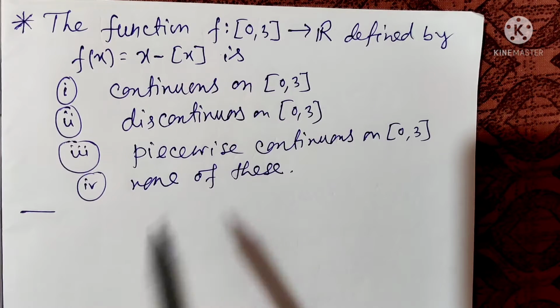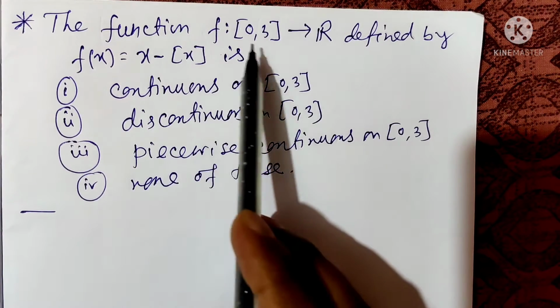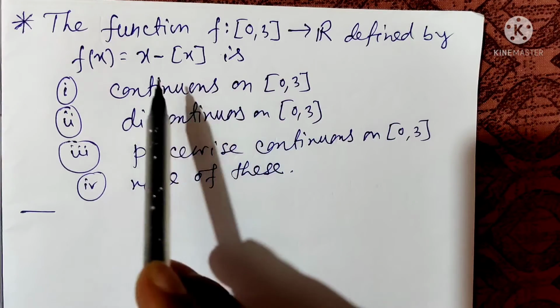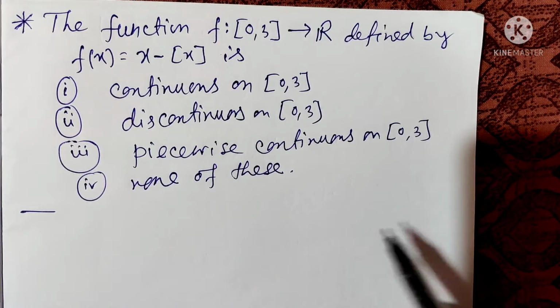Let the problem be this. The function f maps the closed interval 0 to 3 to R, defined by this, and which of these statements is true? Let